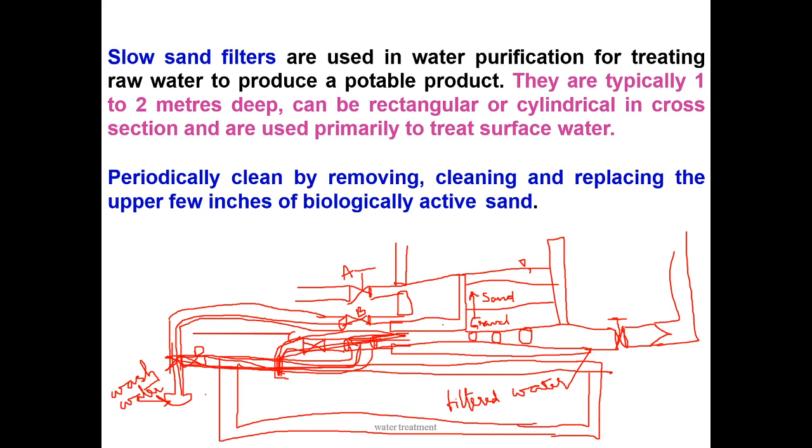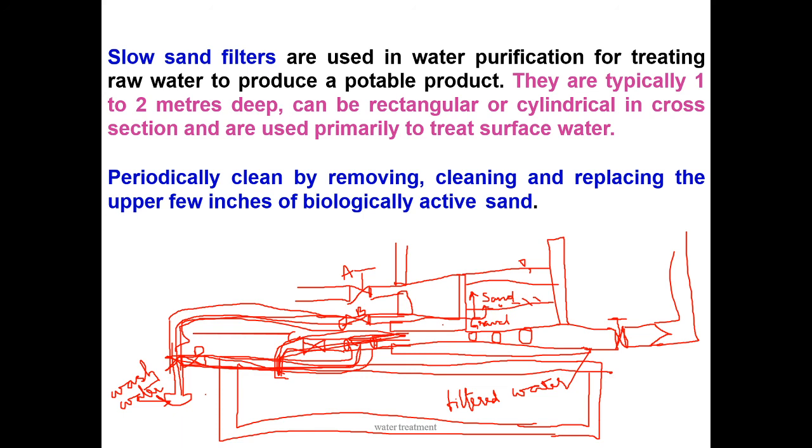The other major drawback is the formation of mud balls. While in the filtration process, you can see the mud balls. Then negative pressure and cracking of filter. To overcome these difficulties, backwashing is necessary. Due to over fast filtration, you can see some cracks and some mud balls. If you want to avoid those things, you should send the water for backwashing. You can eliminate those drawbacks.